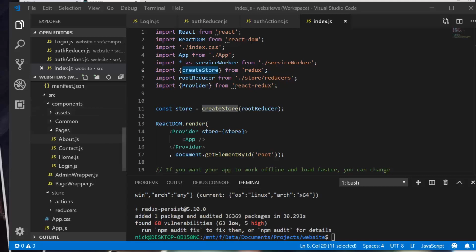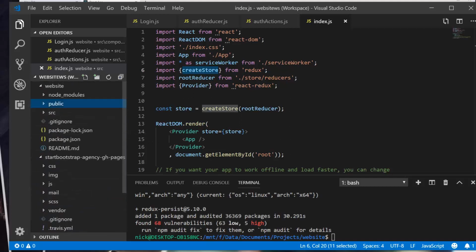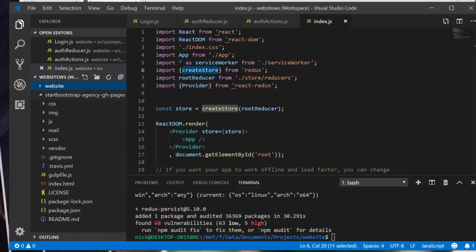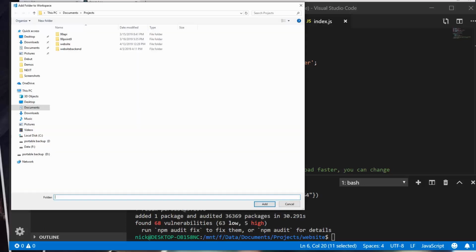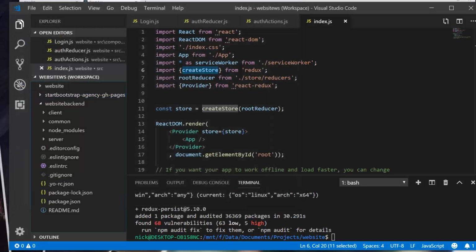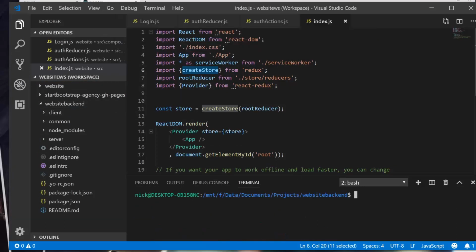Alright guys, so what we're going to need to do in this video is we're going to need to add our backend folder here. So we're going to add folder to workspace, and we're going to choose website backend and hit add. And now I'm going to open up a new terminal in website backend, and here we're going to make